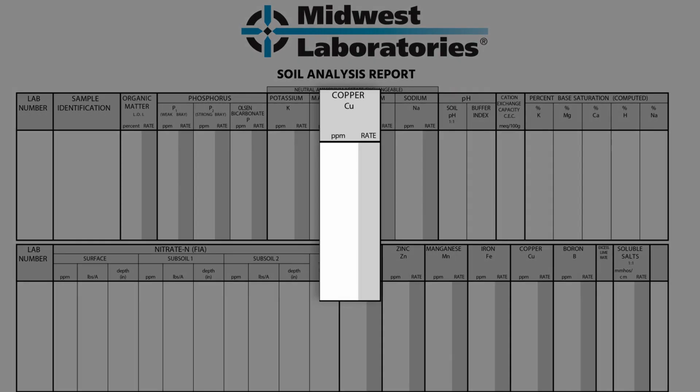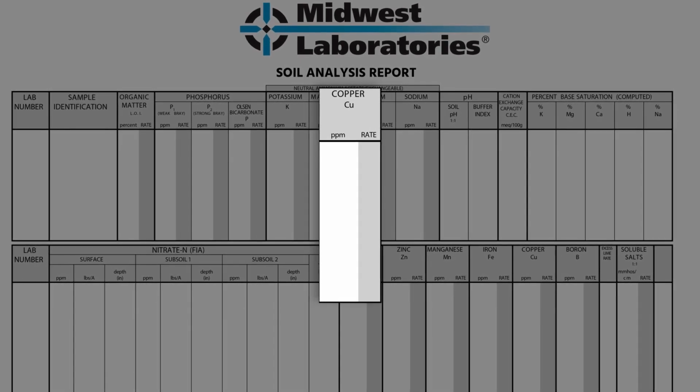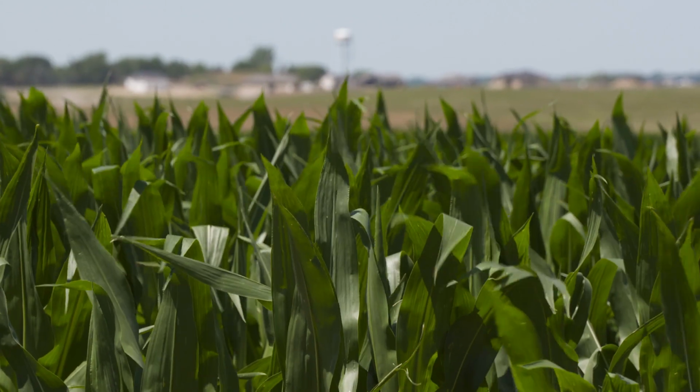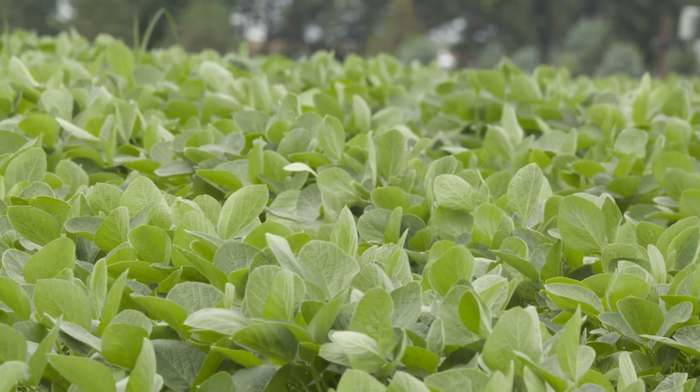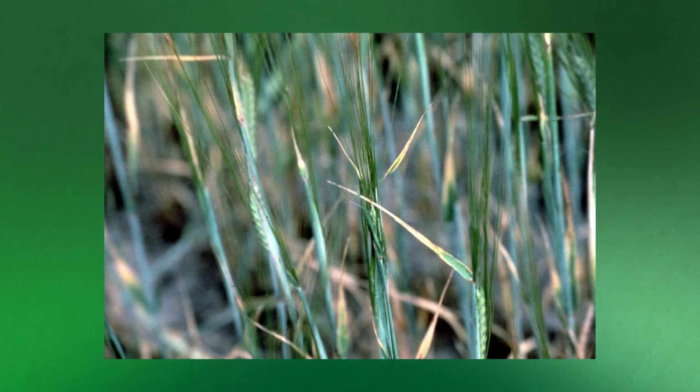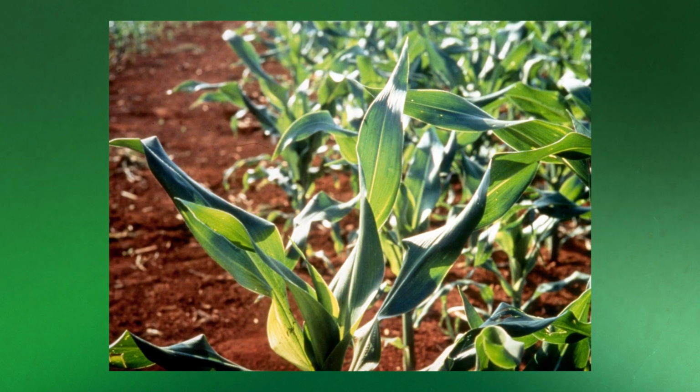The next micronutrient is copper. When we think about copper, we have to think about the fact that it's one of the most immobile nutrients in the plant. So there again, we're going to see that copper deficiency up in the top part, the very new growth of that plant. And oftentimes it's going to be confused for disease, but it's going to have that yellow to twisting